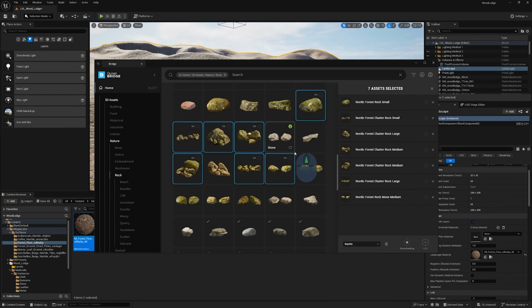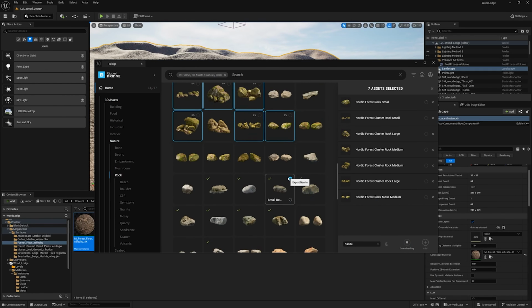So it's going to download that. And also, I think it's a good time when this is done to explore a little bit of physics and how we can bring some randomness to the placement of those rocks, and not these ones, but just